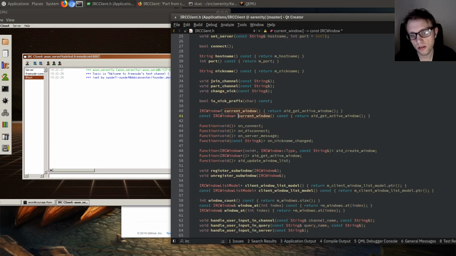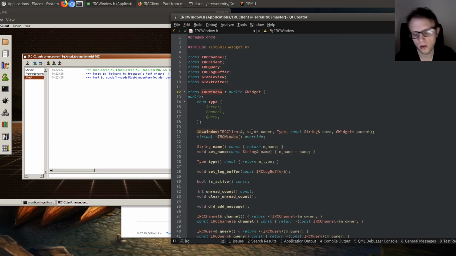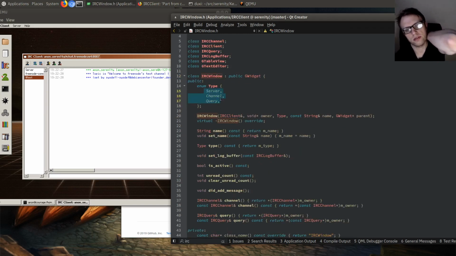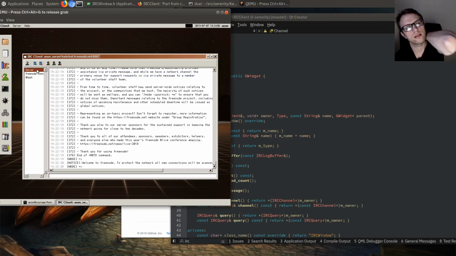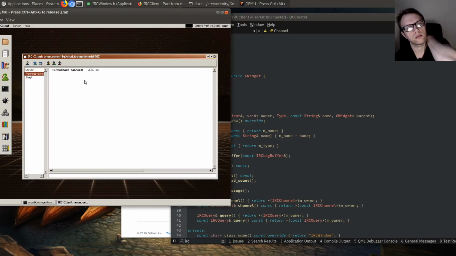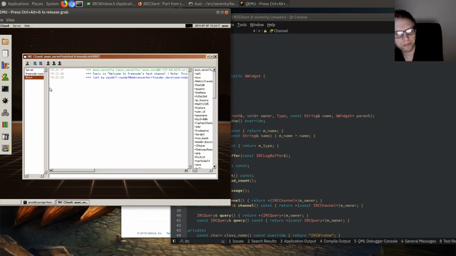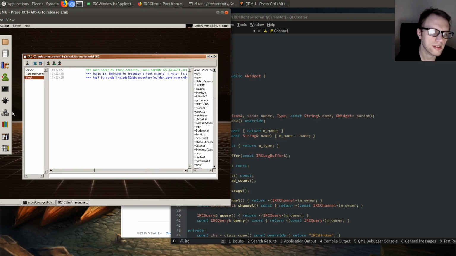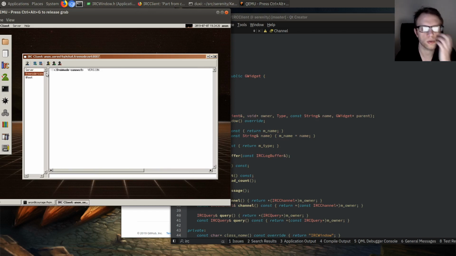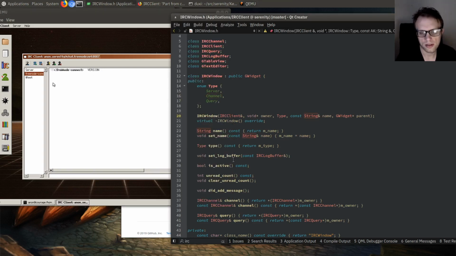And we have a current window, which is an IRC window. And we can know if it's a server, a channel, or a query window. So I guess this here is the server window. This is a query window, although it's probably a weird implementation detail that shouldn't be a query window, but I didn't investigate that yet. And then here's a channel window. And really the main difference is that channel windows have a nickname list on the right here, whereas the server and query windows do not. Anyways,